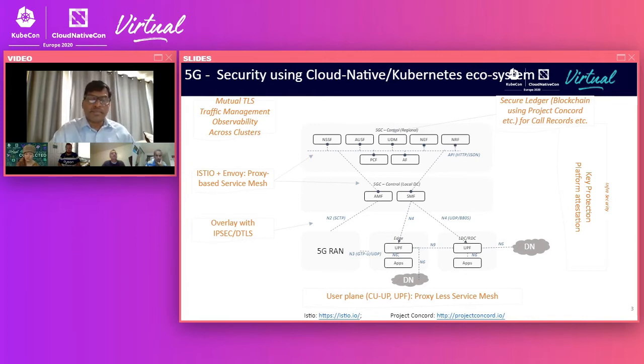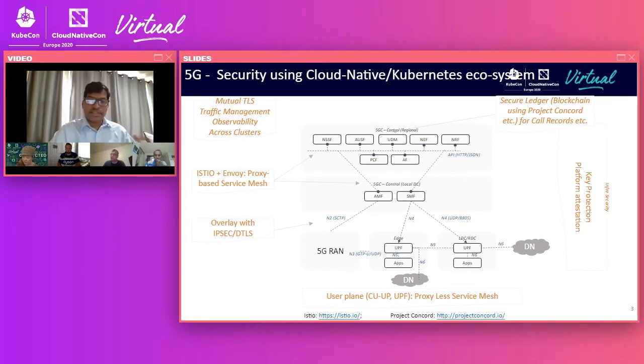But how do we translate that into 5G? Fortunately, the way 3GPP defined 5G core functions and their interactions actually falls into microservice architecture, right? And they are going with all HTTP, JSON, gRPC-based communication, and it's similar to enterprise applications. So we believe that service mesh technologies like Istio and Envoy would benefit even the 5G world.